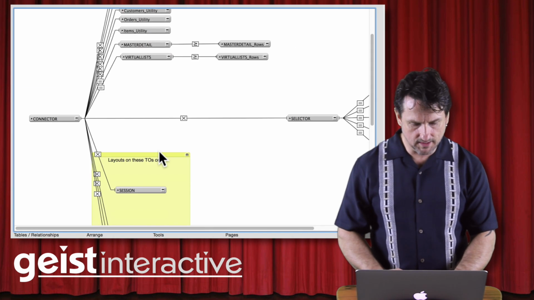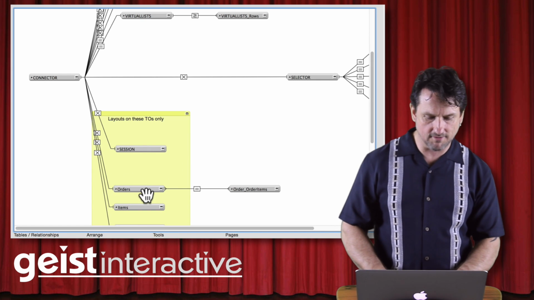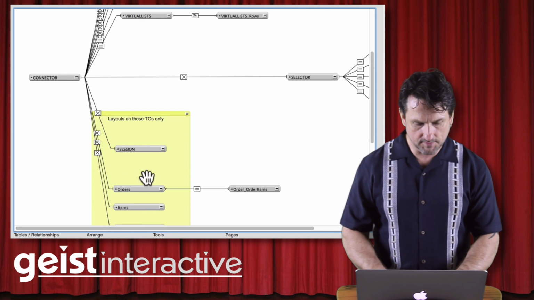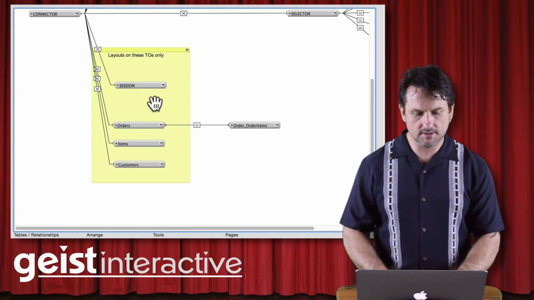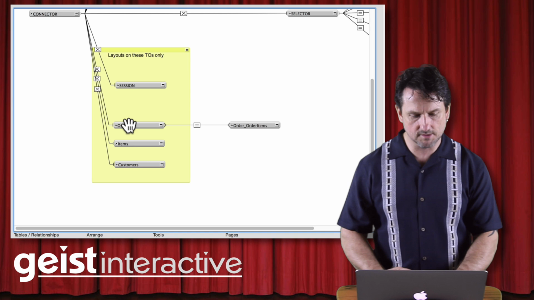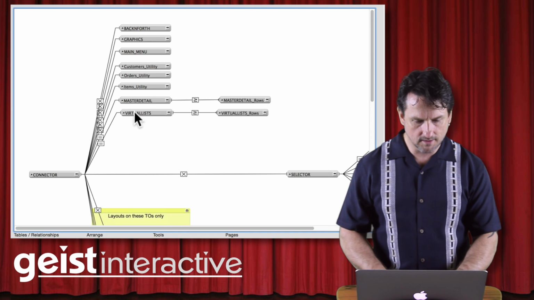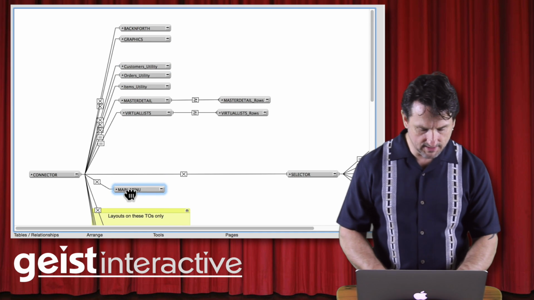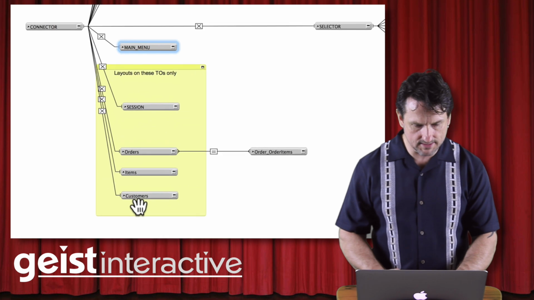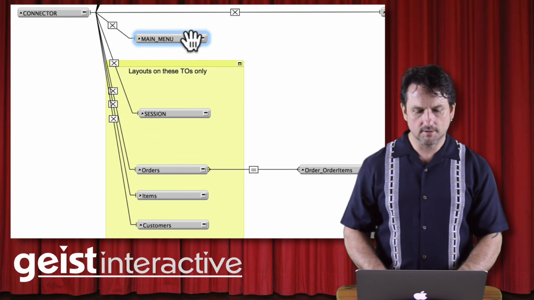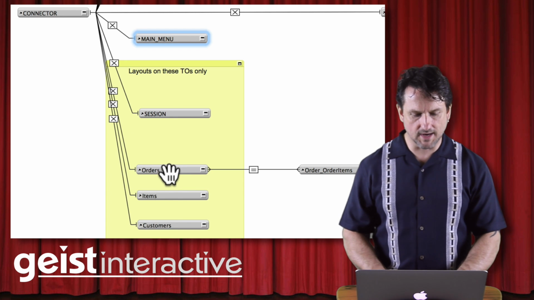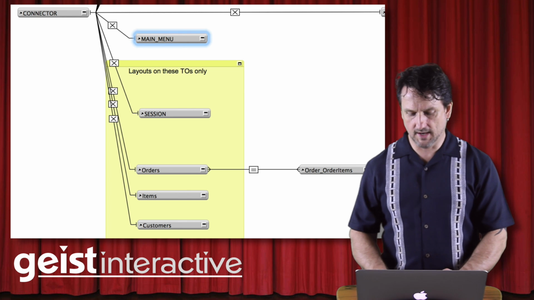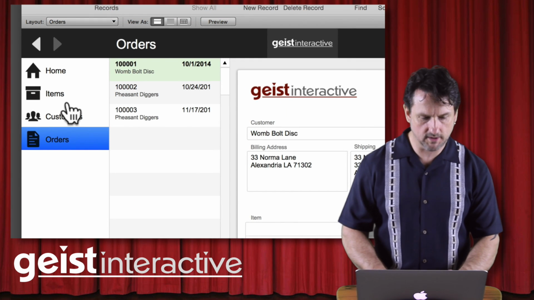I realize it's kind of hard when I'm scrolling back and forth between these, but let me try to bring this together. So here are our orders. Here are our layout TOs again, down here. These are what our layouts are built on. We go up through connector, and we have a main menu. Let's bring it down here so we can see it with the rest of these guys. So we have a main menu table occurrence with a cross join. So now every one of these guys just needs a portal to main menu, and we get this nice portal over here